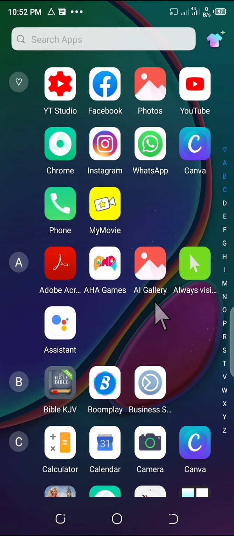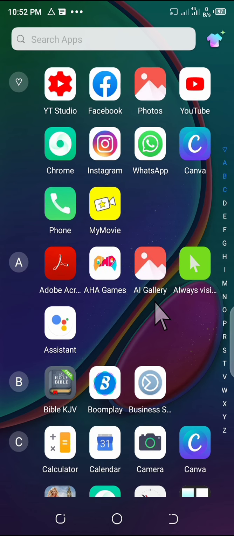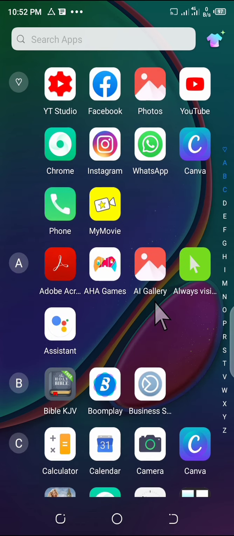Okay, assume you're a YouTuber, you have videos on your YouTube channel and you also have the WhatsApp app. If you don't have the WhatsApp app, go download it on the Google Play Store, okay? And if you're using an Android phone, the YouTube app is there by default, and you have to update it if it's not yet updated, okay?